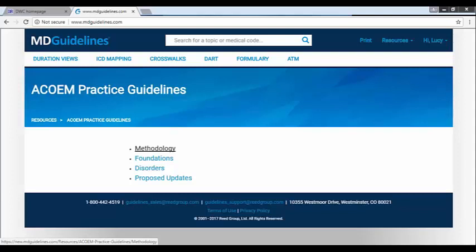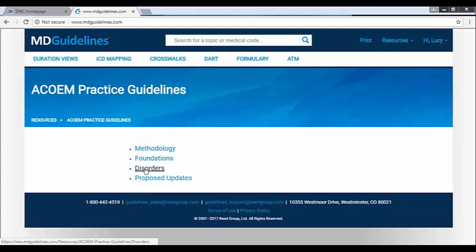It's very transparent, and we adhere to a number of different standards, including the Institute of Medicine's standards for creating trustworthy guidelines. We use AGREE II and GRADE methodologies, but all of that information would be found in this methodology document. The next link is for the foundation guidelines. These are educational in nature and discuss issues on prevention, initial assessment, and how to use guidelines at the point of care. All of that information can be found in the Foundation guidelines.